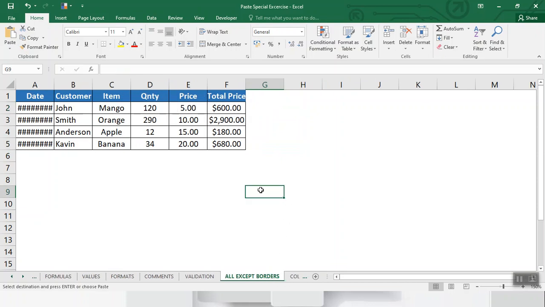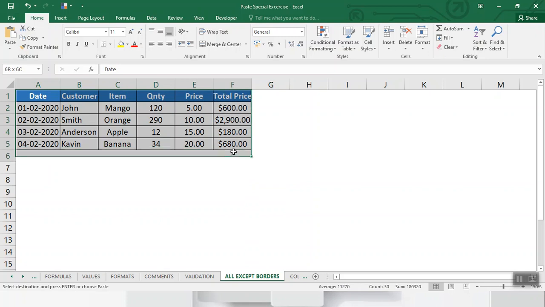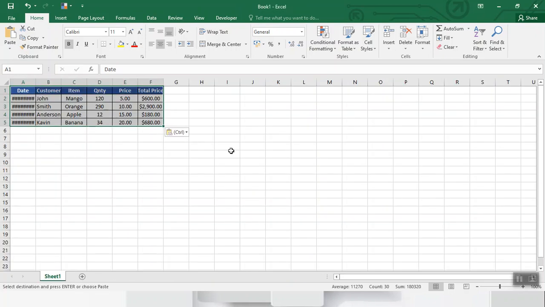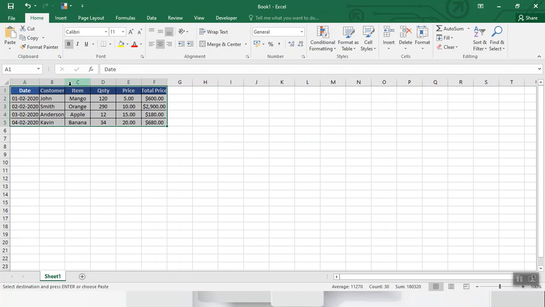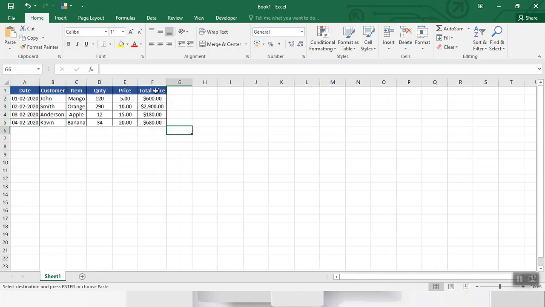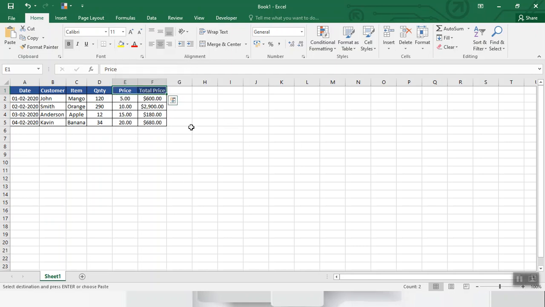To paste all cell contents with the theme formatting applied to the source cell. Sometimes we copy and open a new workbook and paste. The theme color changes because it picks only the color from here, not here.